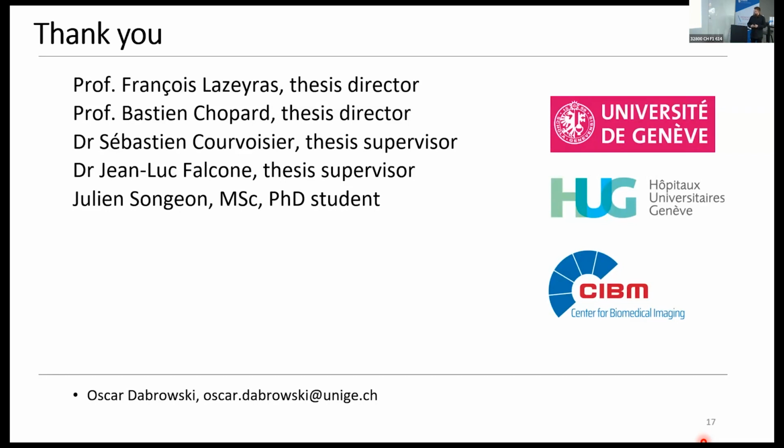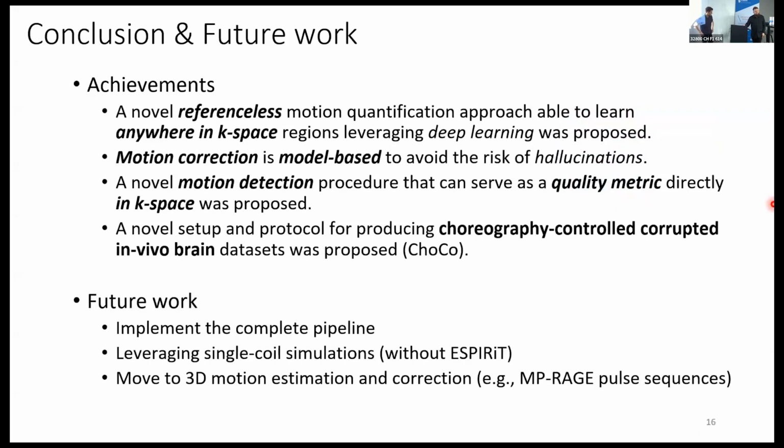Yeah, thanks for the very nice presentation. I was wondering, based on the last point that you raised, how long does it take now? So once you've trained your algorithm, essentially applying it takes very short time. Yes. So is it something that could be implemented at the console, for example, so that this image could be corrected and the MR tech could decide, okay, we still have to redo the scan, or it's good enough now with the motion correction? Yes, absolutely.